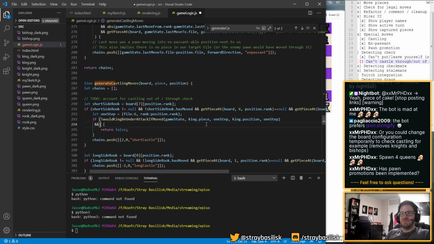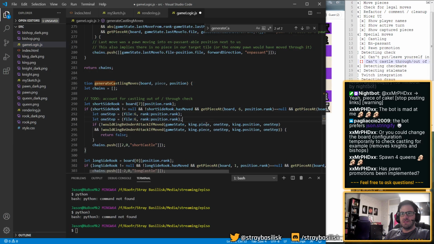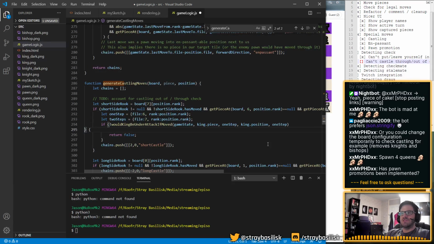So this is not the prettiest code, but I think this will kind of do. Two steps. Right? I mean, actually 2 steps is already accounted for because later on that will be filtered out.